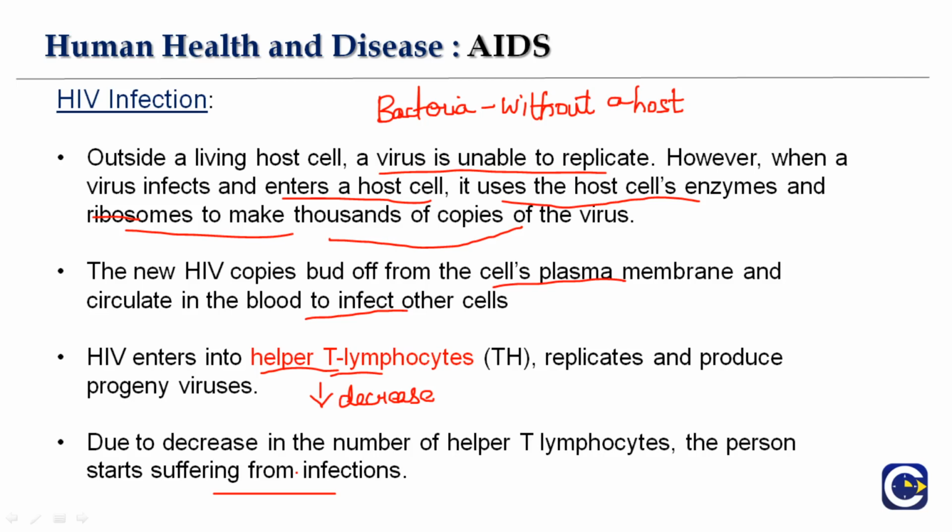So it's suppressing the number first. It's weakening the immune response of the person, and then only the signs and symptoms start showing. That's because when the person's immune system is suppressed, it automatically becomes an opportunity for all the other infections that are prevailing outside to gain entry into the person. That is the main reason why an HIV patient has complications. They have multiple symptoms, not associated only with HIV. A patient who has HIV can also have TB. All these are opportunistic infections which gain entry because of the suppression of the immune response.